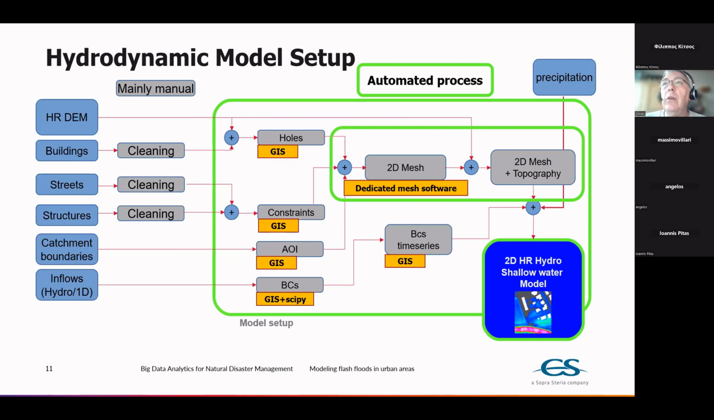That's the way the hydrodynamic model is set up. You have a high resolution digital elevation model, which is here a mix of the LIDAR data and the topographic surface, and you have to mix them. Then we have another dataset, the ground occupation, and we have to extract the building